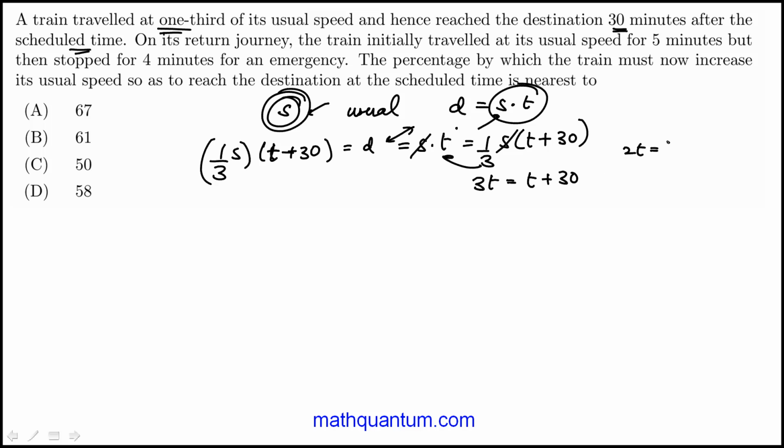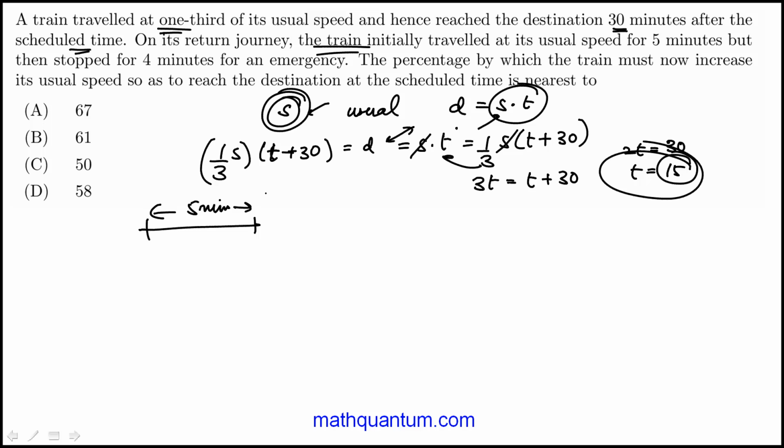So we can figure out what the scheduled time is, which is 15 minutes. So that's how much it takes normally to get to its destination. So we'll set that aside and then look at this other scenario, which is that if it traveled at its usual speed for 5 minutes,